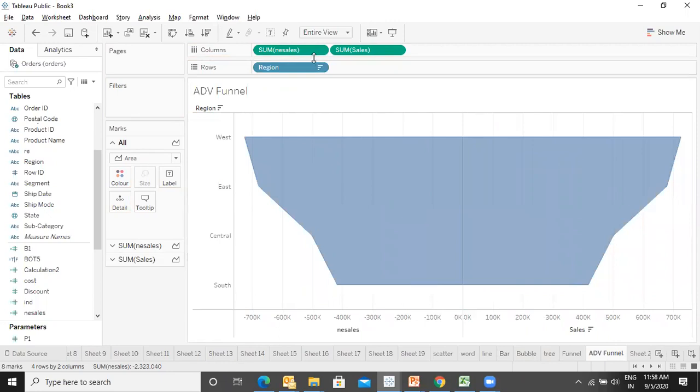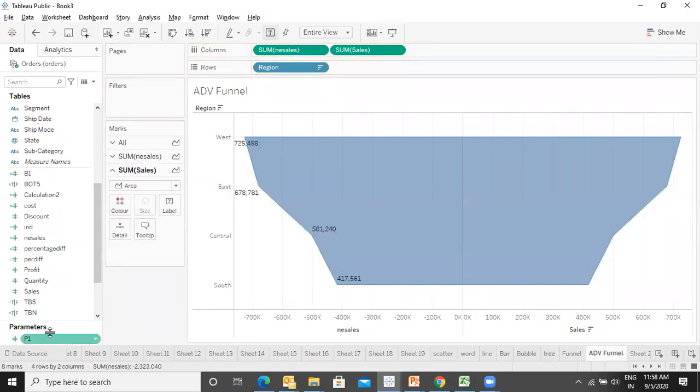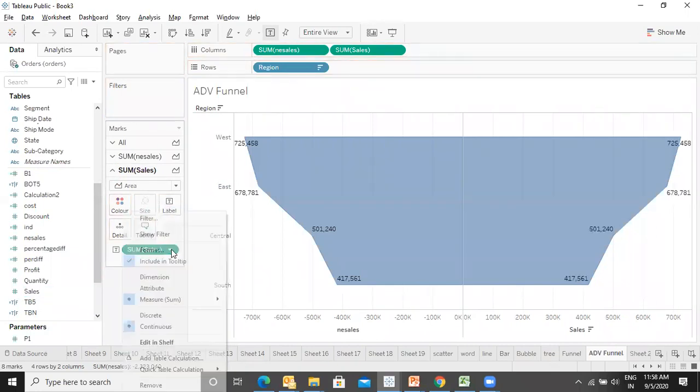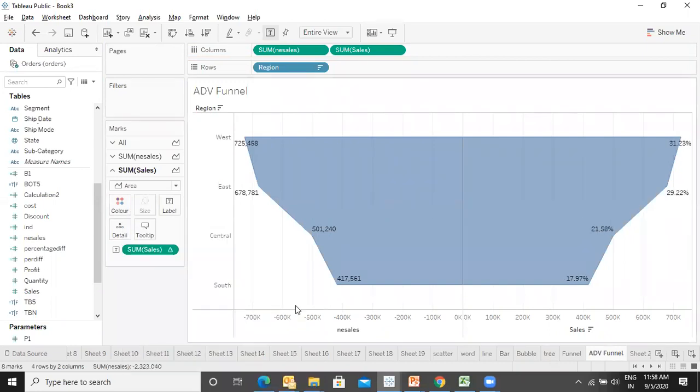Now in this, you can go over here and display the sales value. And you can go to the other one, and again display the sales. And on this, you can click on this drop down arrow, quick table calculation and percentage of total.